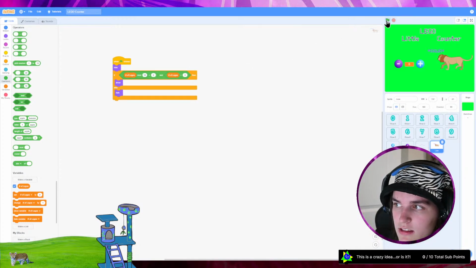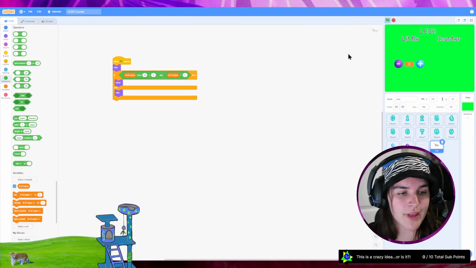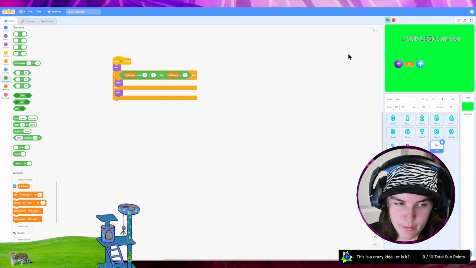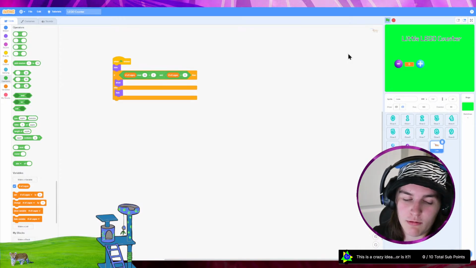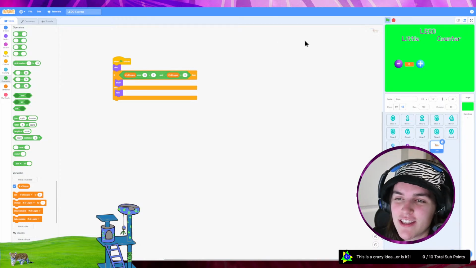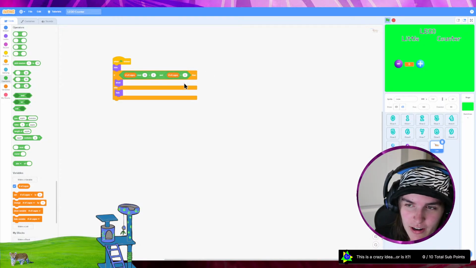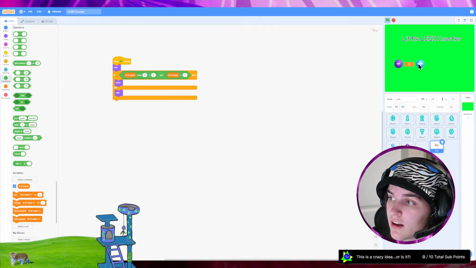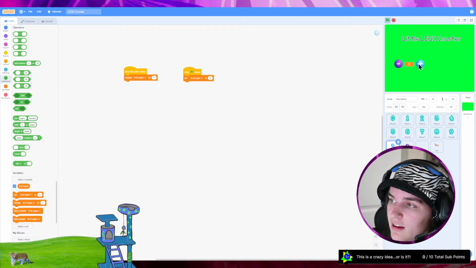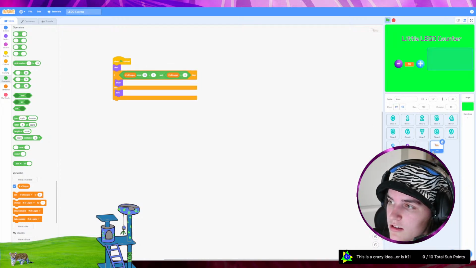And let's see. Okay, cool. Now the lions disappeared. I definitely forgot that 0 mod 10 equals 0, because 0 divided by 10 has a remainder of 0. So I just added a part where the number of Legos must be greater than 0 in order to move forward. So now if I add this up, uh-oh, it looks like it's not doing what I want.